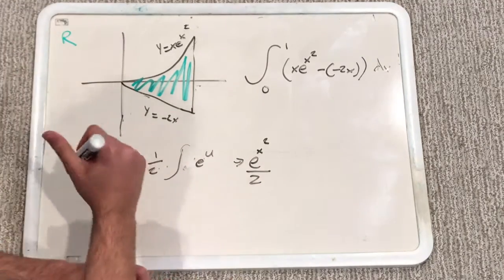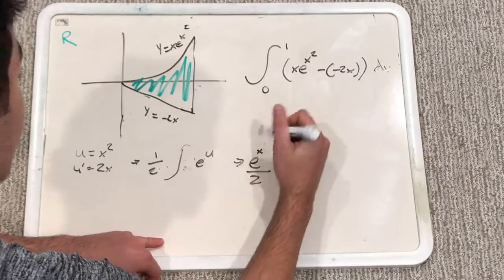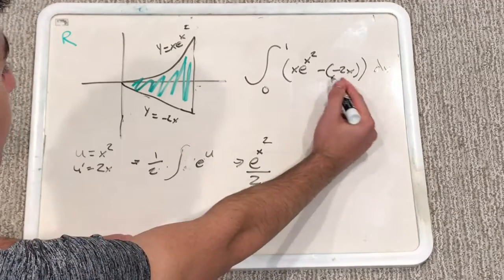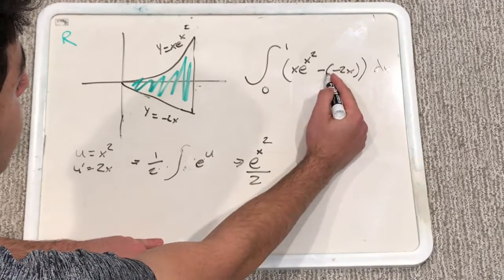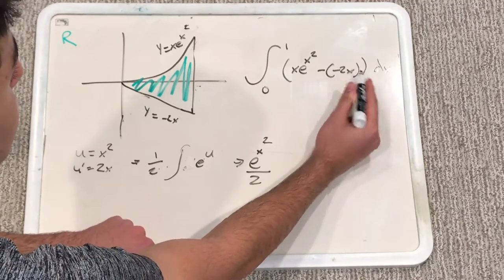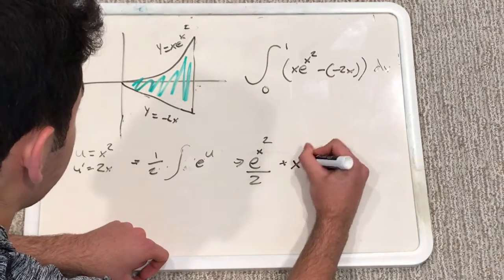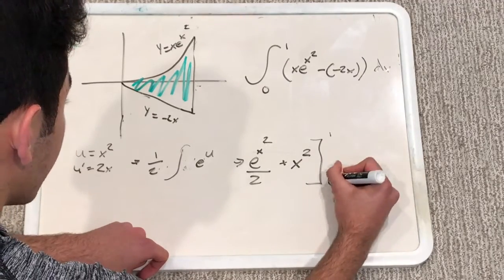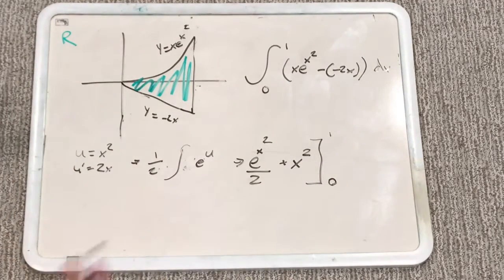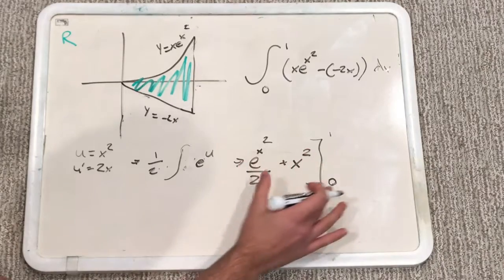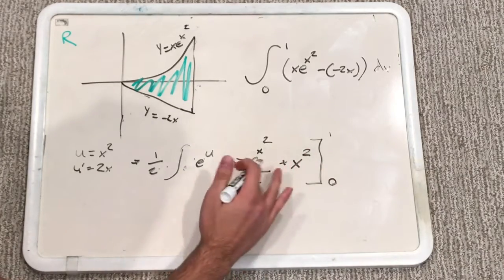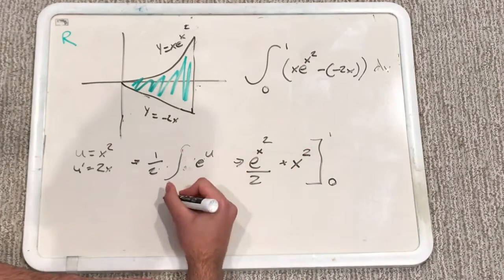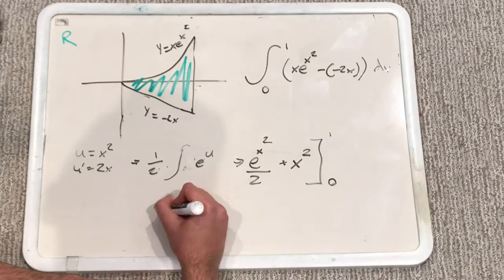So now we're just going to have to take the integral of the second part, which is positive 2x, because these negatives cancel. So the integral of positive 2x will just be x squared. And this is going to be from 0 to 1. So we're just going to plug in 1 for both, and then subtract it once we plug in 0 from both. So when you plug in 1, you're going to get e over 2